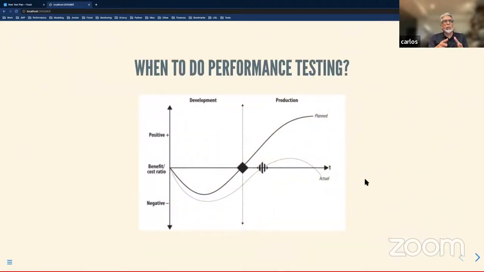All right, when do we do performance testing? Usually, in many cases in my experience, performance testing has been done at the end of the development, which in itself could be too late, given that many things are already baked. Many architectural decisions and coding decisions have already been made, and doing the performance testing at the end might reveal issues